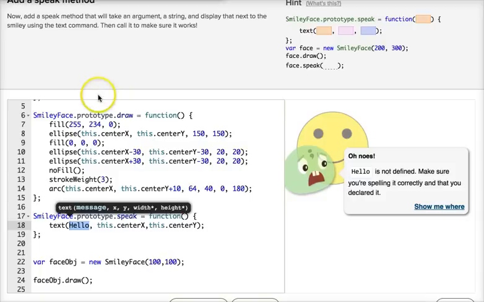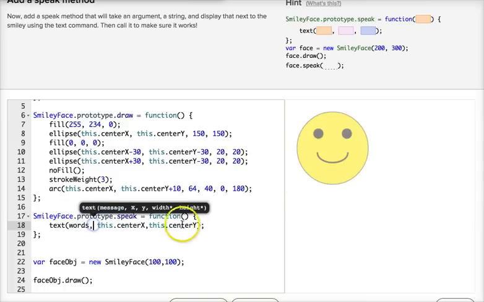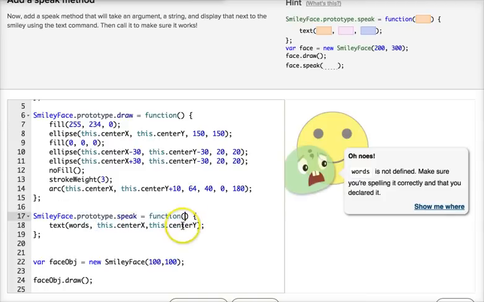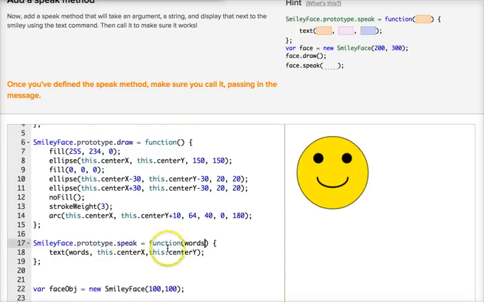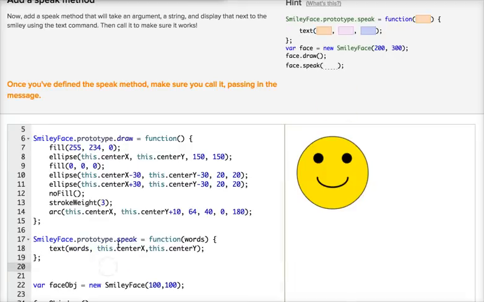Okay, I'm back. It took me a minute to figure that out, but if I look up here, it's basically telling me I'm creating this. So hello, or maybe I want to change it to words. I'm putting that here in the parentheses of the function because I'm going to tell it, when I call this function, what to say. So let's take a look. I've done this. Now I need to call it. So down here, I've got var,